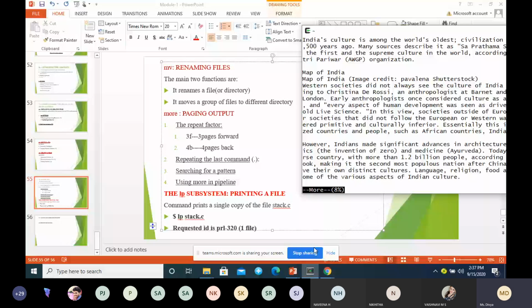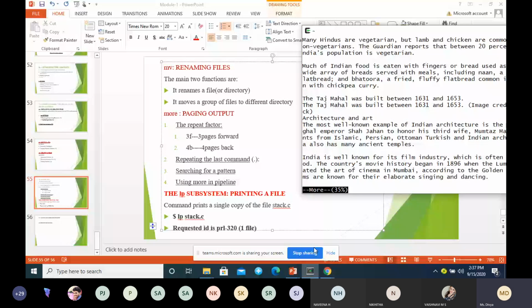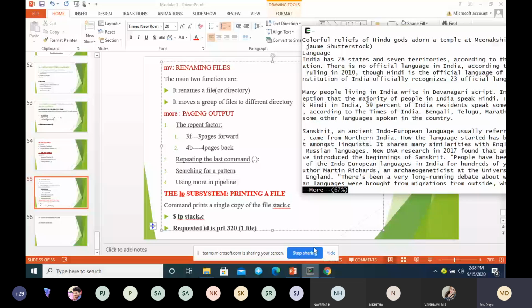Assume I had pressed F and it has moved one page forward to 35%. Again, if I want to repeat that F, I can press F, or I can use the dot button. See, I click the dot button and it goes one page forward. Again I click dot. I'm not pressing F, instead I am using dot.